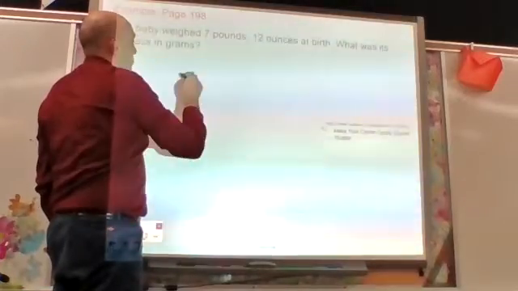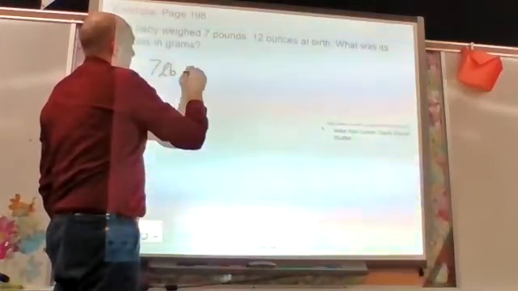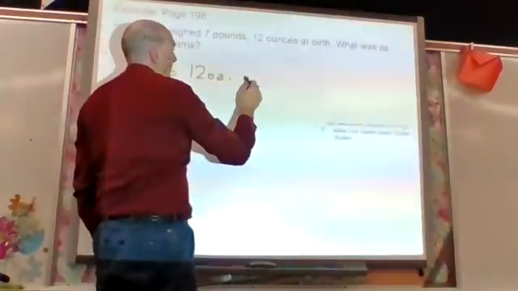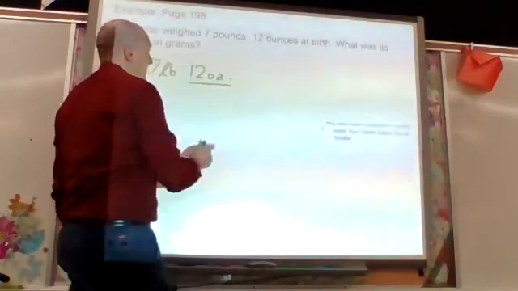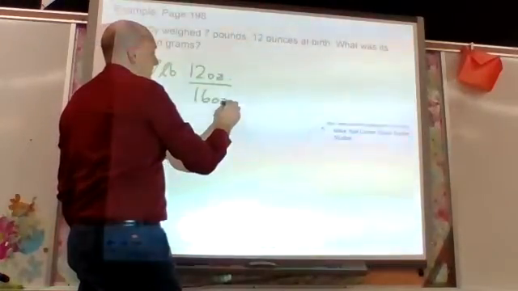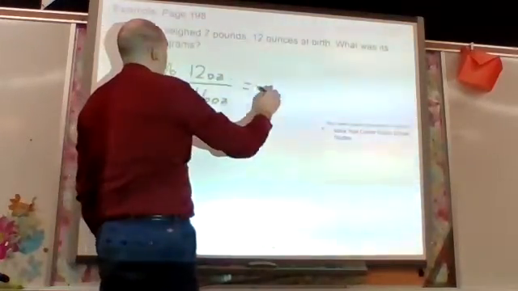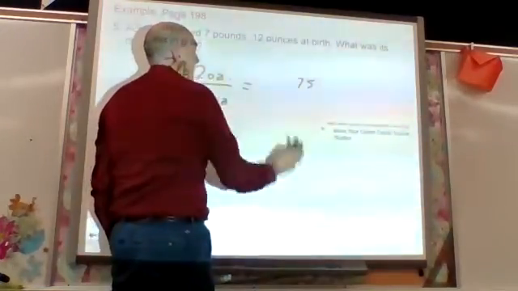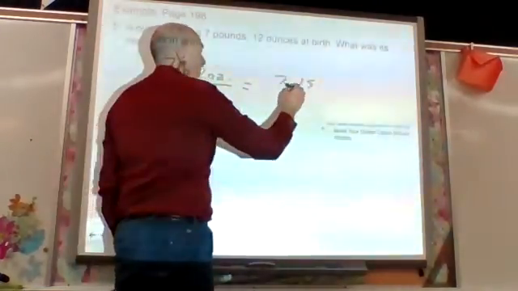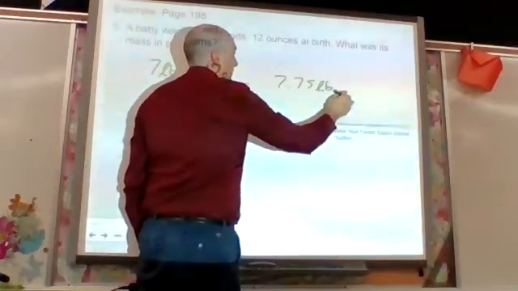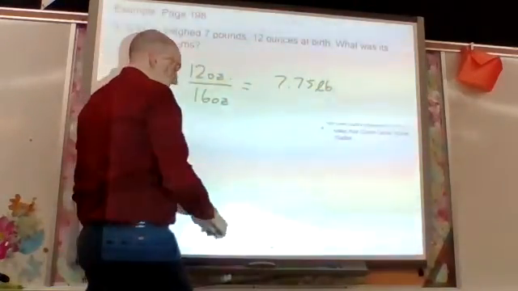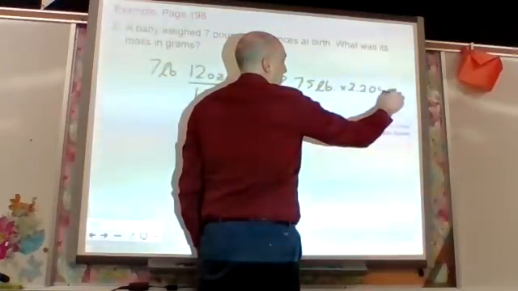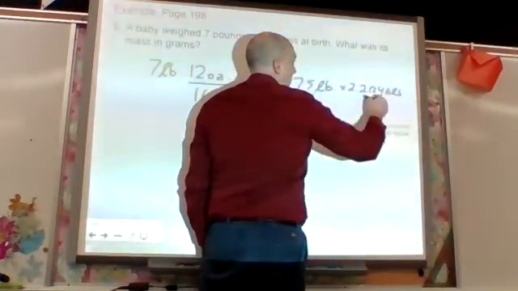I'm going to take my 7 pounds and 12 ounces, and I'm going to convert this all into pounds. So I'm going to take this 12 ounces and divide it by 16 ounces in a pound, and that's going to give me 0.75. So I've got, in fact, 7.75 pounds, right? And if I then take my conversion factor times 2.2046 pounds per kilogram,